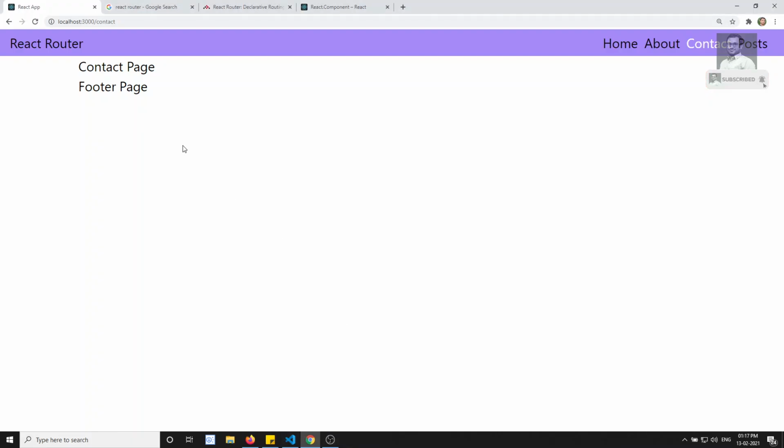When we go to this home page, we have this home page, but what I will try to do is, when I click on this home page, I want to move to the post page. As this home page doesn't have anything, I want to move this home page to the post page. How can I do this?